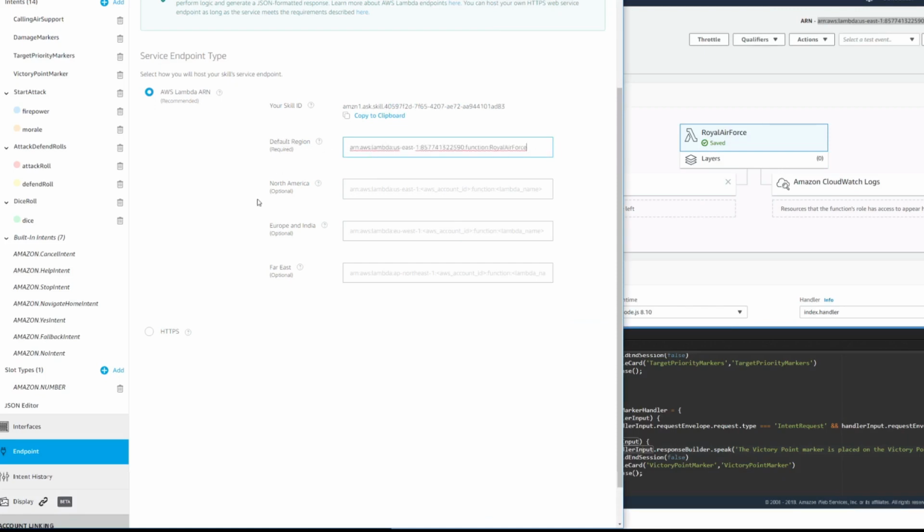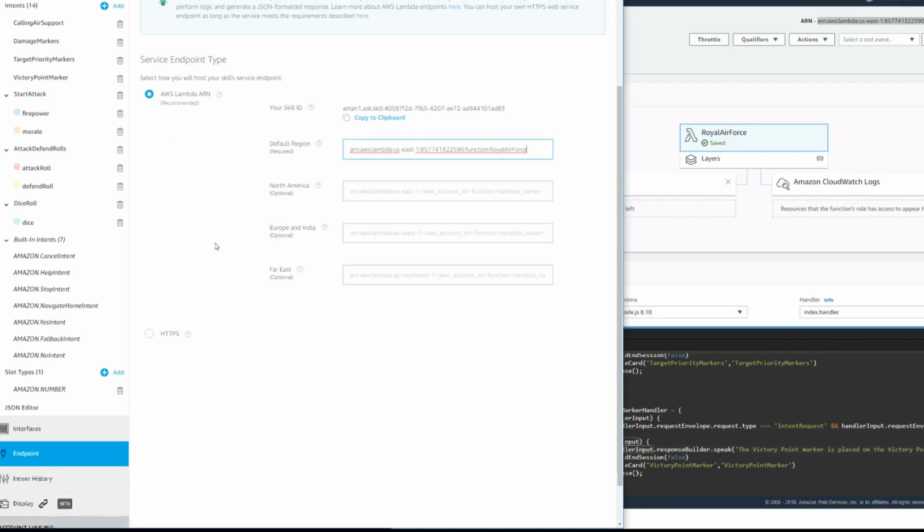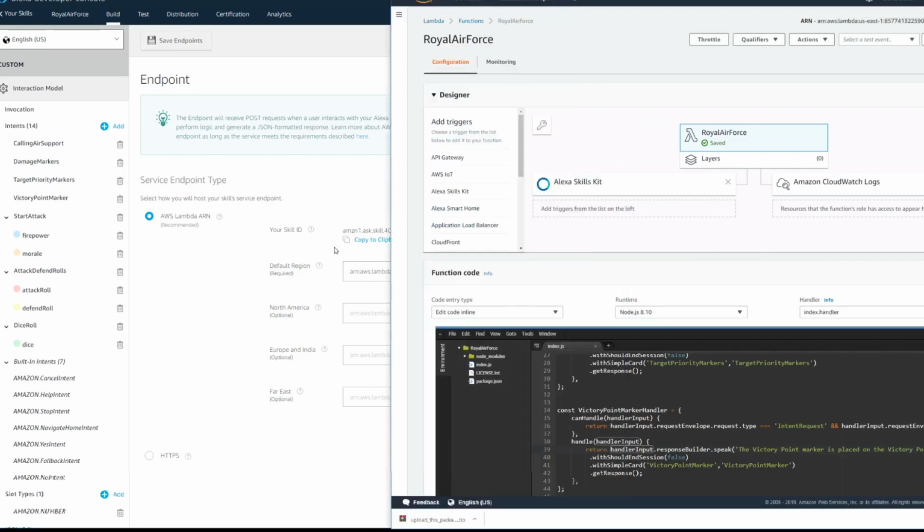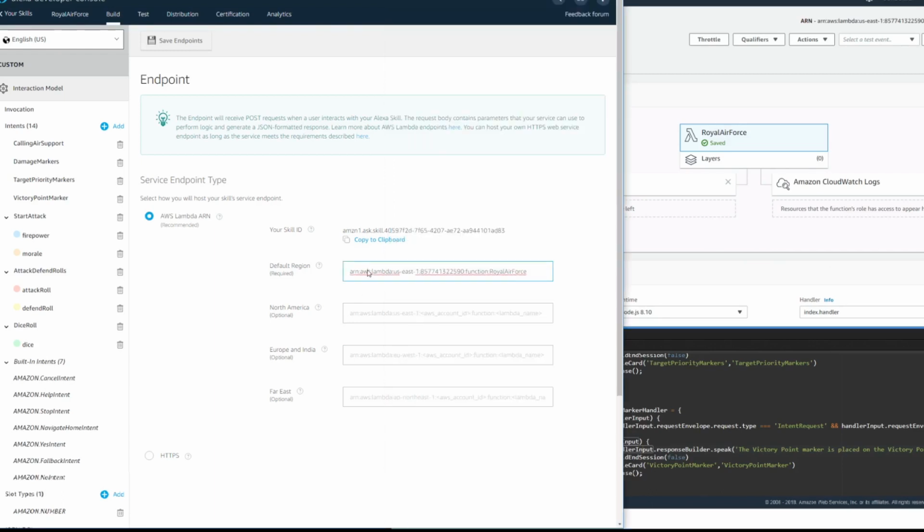And again, this is the endpoint page. Now click Save Endpoints. And that will marry them: now the groom said I do, and the bride said I do, because you have the skill married to your function, and you have the function married to your skill. All right, now we are officially golden.